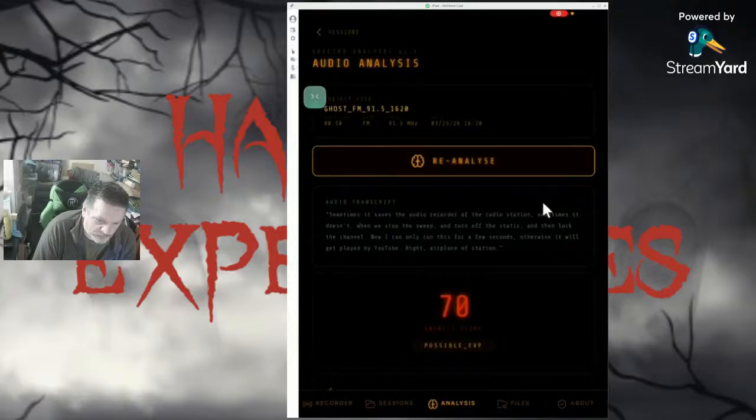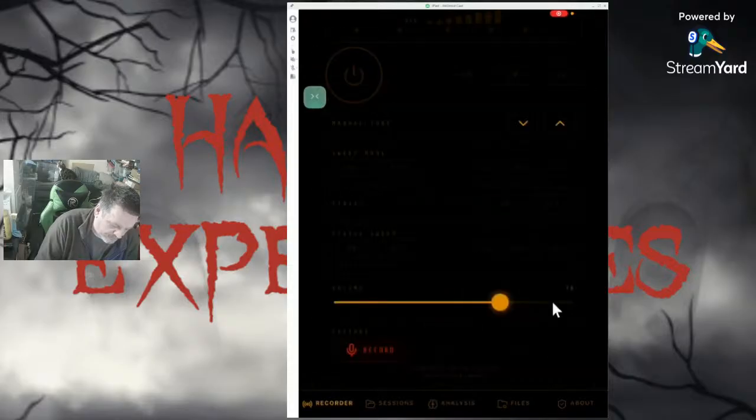Sometimes it saves the audio recorder of the radio station, sometimes it doesn't, which I just mentioned. When we stop the sweep and turn off the static and then lock the channel, now I can only run this for a few seconds, otherwise it will get played by YouTube. That's what it picked up. All right, now if we go back to recording,